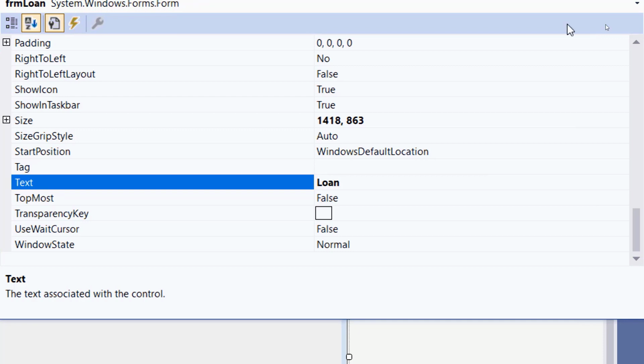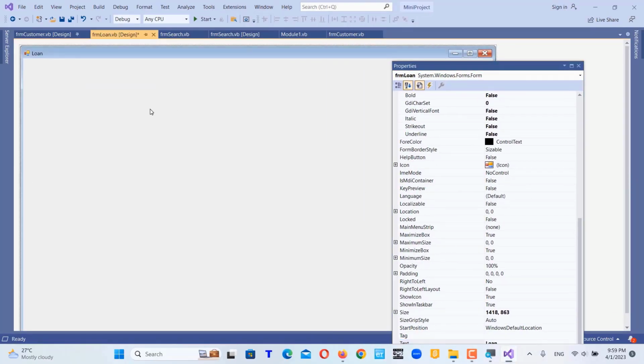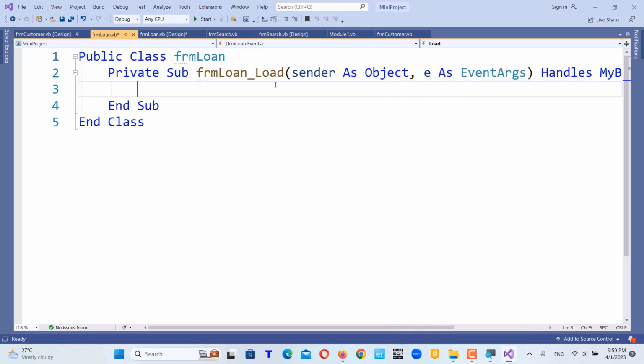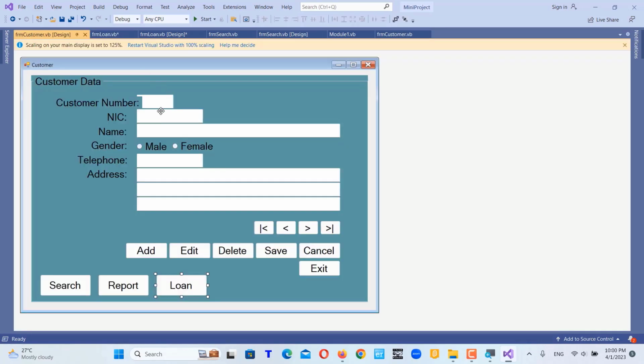I'm increasing the font size of the FRM loan form so that it is easy to read. Then the navigated data or the transferred data from the customer form to the loan form